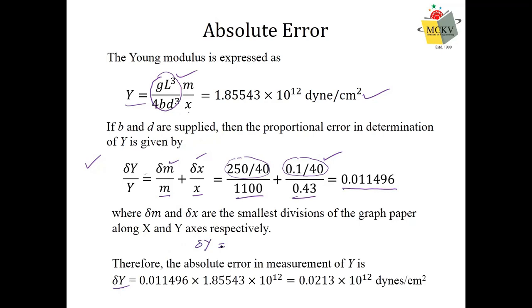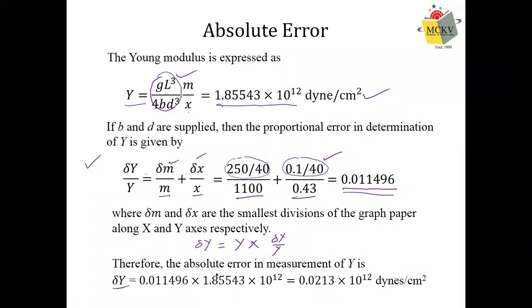That means when we try to measure this Young modulus by several instruments, by measuring several other quantities, what will be the absolute error in measurement of that y quantity? And how will you measure that? We will just find out y. We will multiply this y with the relative error in measurement of y. Both are estimated, so we will just multiply these two. So this is your y, and this is your delta y by y. So put the values and get the result.